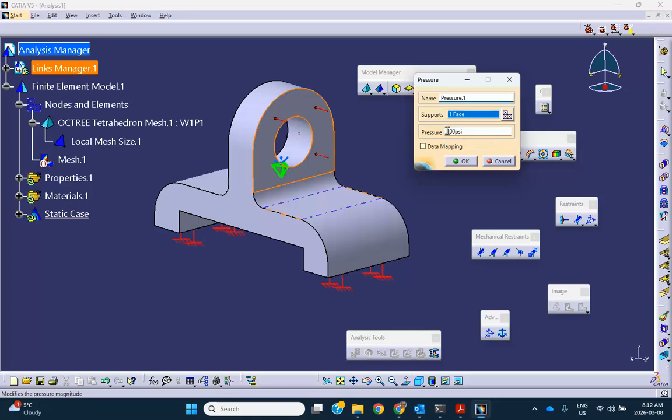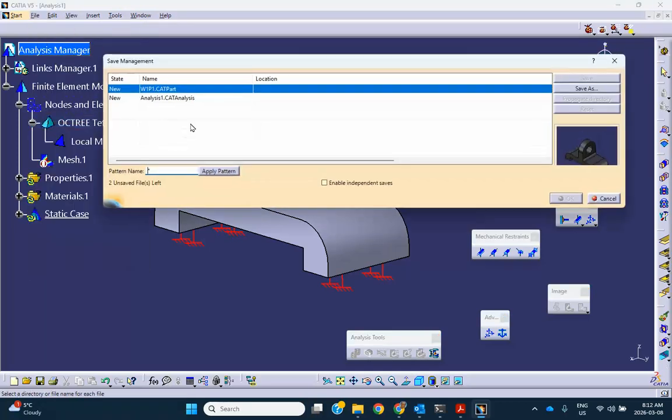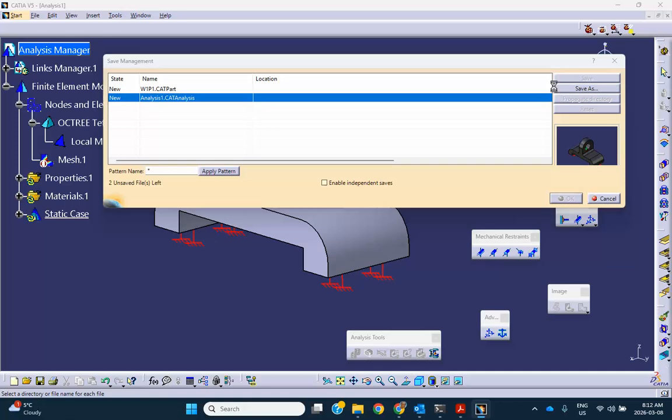You type in 100 psi here and then before you run always save the stuff because in the event that you made a mistake, you put a very small element number, very small local refinement, this may take forever to run. So let's go to file, management, analysis, save as,